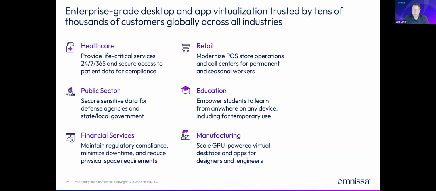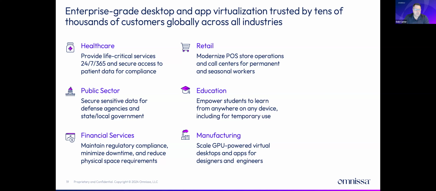Retail are modernizing their POS deployments in stores, right, and also deploying Horizon to help with their call centers, right, and increasing their desktop footprints at times like this when we've got seasonal workers coming in, right? So they're bursting to clouds if they've got their on-premise deployments. Education is using Horizon to give remote access to students and teachers. And then we've got other industries like manufacturing and entertainment that are using GPU-powered virtual desktops to do design and developer desktops.